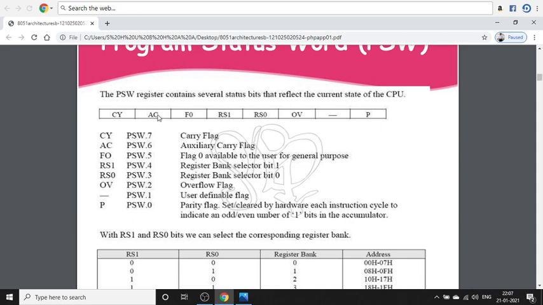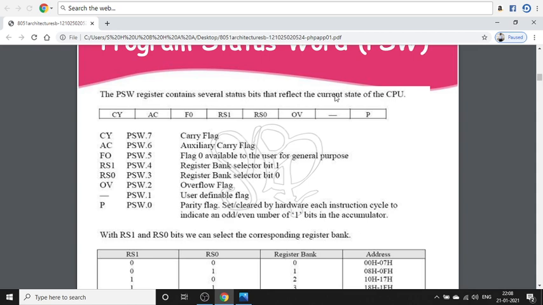In another case also, if B6 is giving the carry to B7 but B7 is not providing the carry, in such cases also the overflow flag will be set to 1, otherwise it will be cleared. This is about the program status word, or the flags of this program status word register.